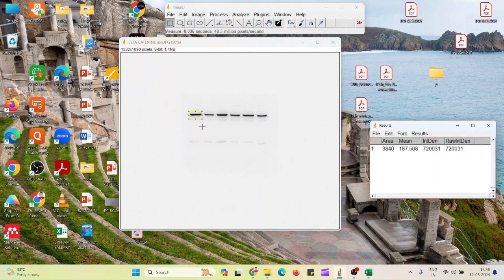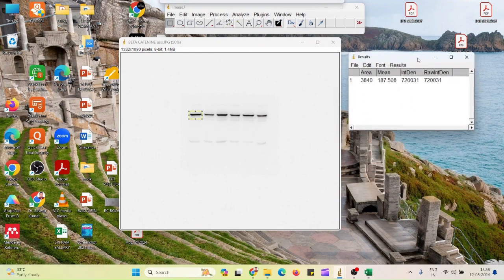Once I click Control M, I get the measured values, like area and mean. Mostly we use the mean, and area is for our reference, to check whether we used the exact same rectangle shape or not. This rectangle box should be the same throughout all our bands. So I'll transfer it to the second one, then Control M. See, the area is the same, 3840.